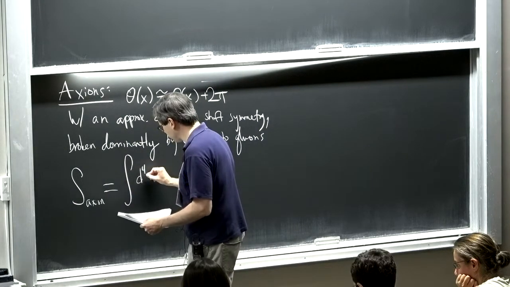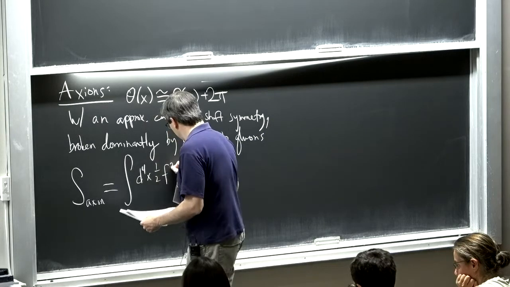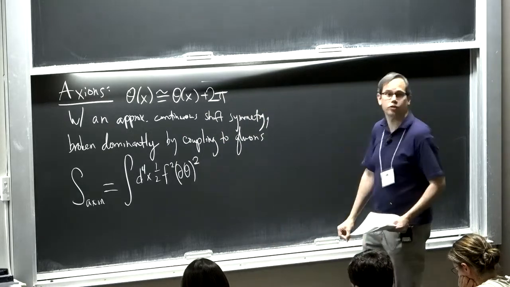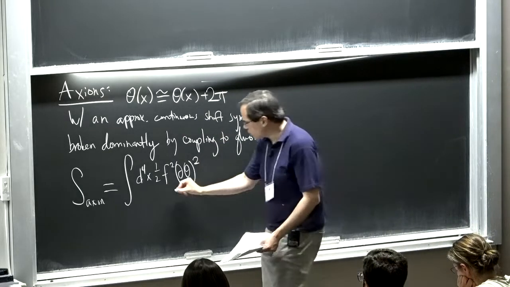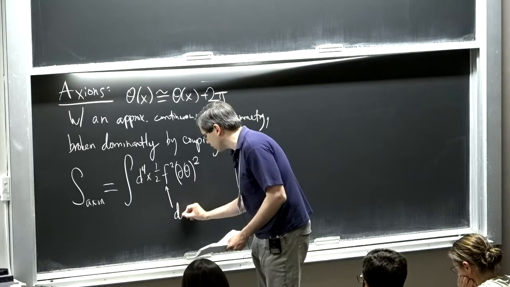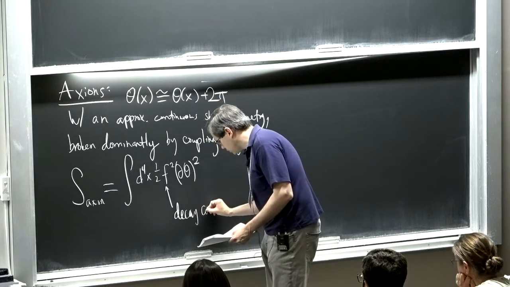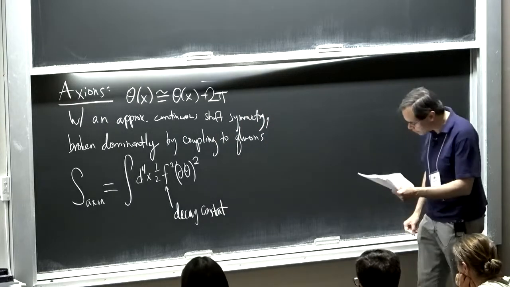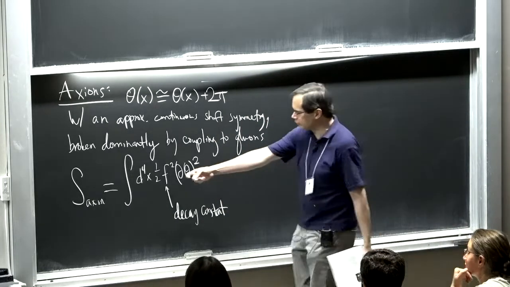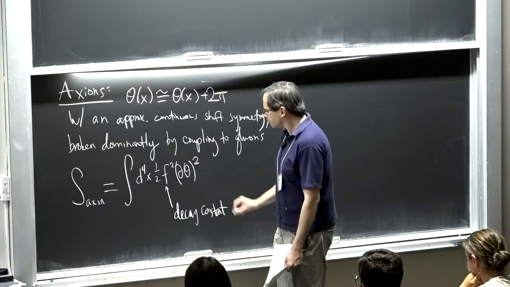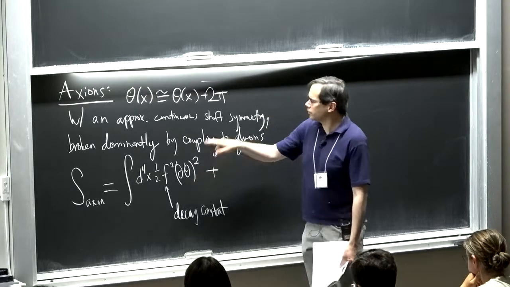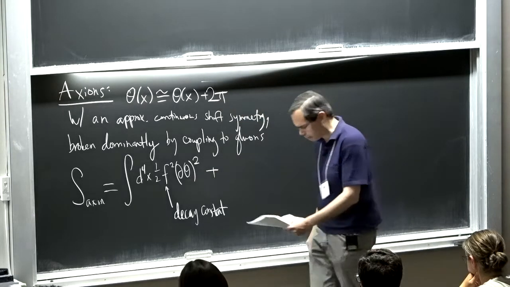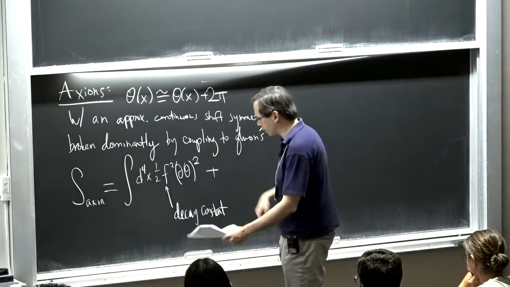this action. I have a kinetic term for the scalar. It has a dimensionful number in front, f, with units of mass. That's called the decay constant. Plays a similar role to the pion decay constant, if that's a familiar phrase to you. If not, this is just some mass scale. The reason I don't canonically normalize the field is I want to keep the period at 2 pi instead of 2 pi f, just for convenience. So instead of canonically normalizing, we have this extra factor in front.